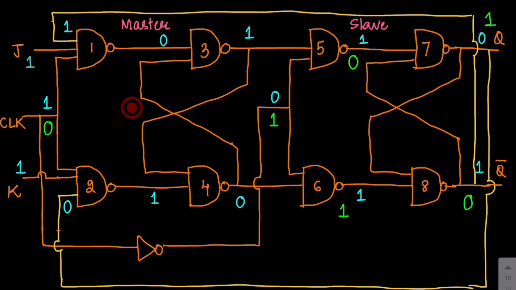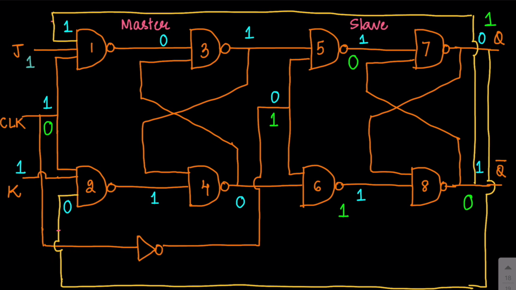This is the master section, which has the JK latch made through the NAND gates. And on the other side, we have the same structure for the slave, which again has the latch implemented through NAND gates. The main outputs are Q and Q bar for the circuit. The main inputs are J, K and the clock. If you notice, the master section is getting the clock as it is, but the slave section is getting the inverted clock after passing it through a NOT gate.